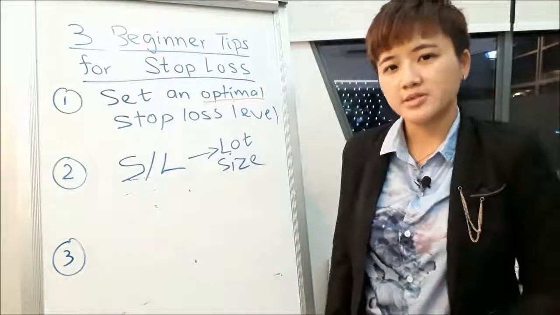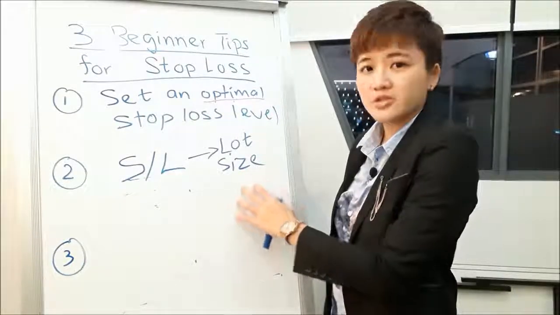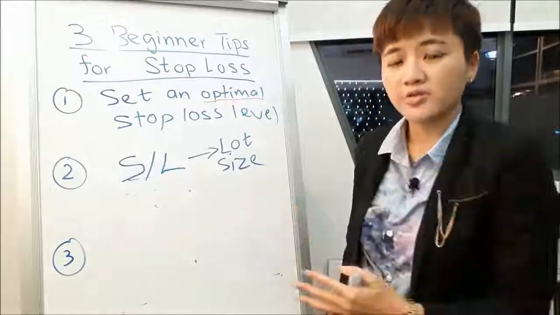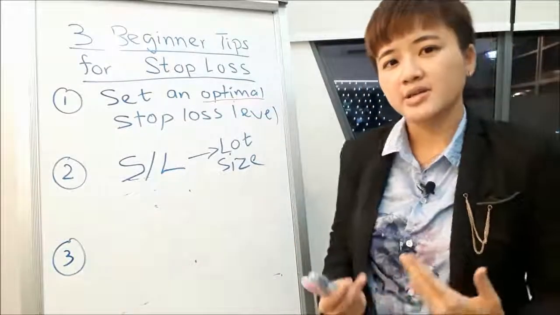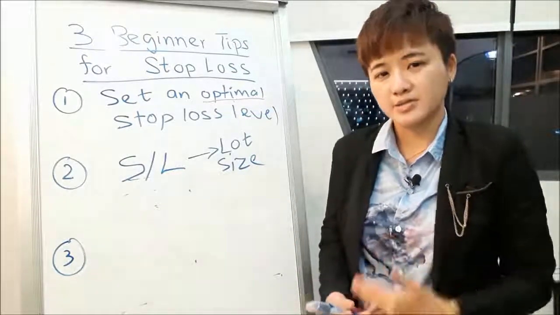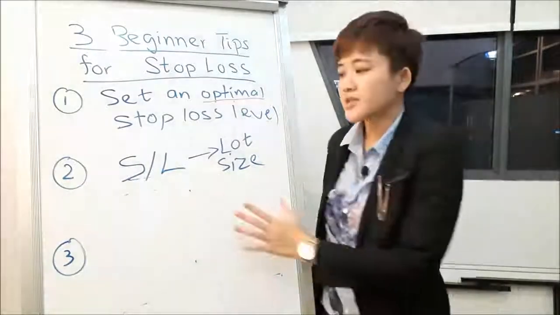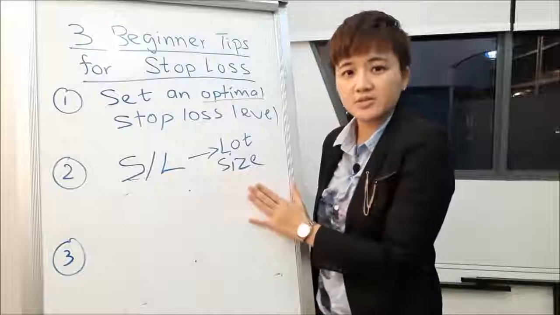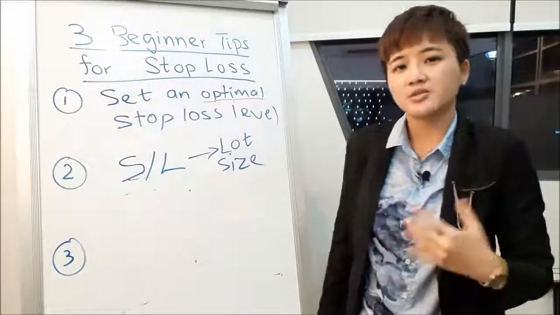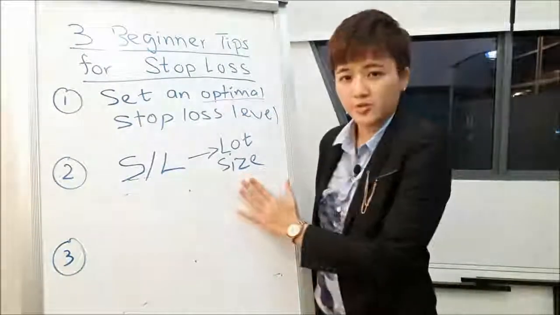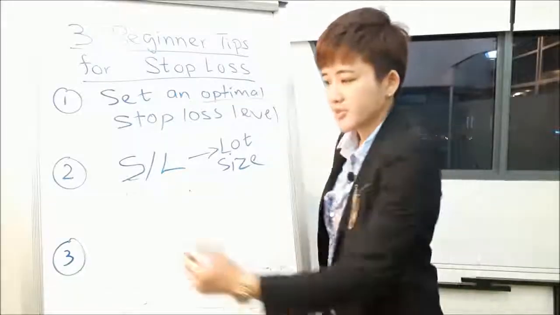Now what's the problem with this? When you set your stop loss based on the amount of money you're willing to lose, you're not taking into account the volatility of the markets. Because here's the thing, different currency pairs have different volatility. Now back to why stop loss first before you determine your lot size. Because in order to determine what lot size you trade with, you need to apply this formula to calculate